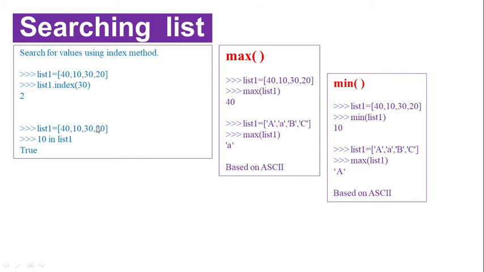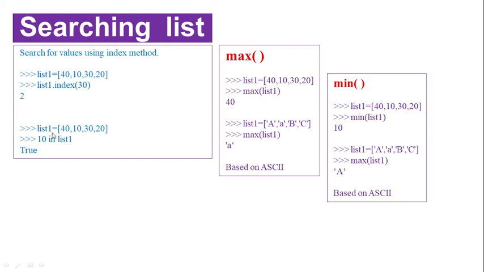We are searching for an item, and of course there are 2 possibilities. Searching can be successful or searching can be unsuccessful. Here it is successful because the element 30 is present at index 2. Suppose there is one more occurrence of 30, like 40, 10, 30, 30, which one will be printed? The first. Of course, we prioritize the first, so the first occurrence will be taken care of. Hope you get the idea.